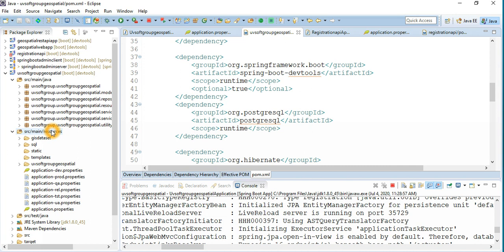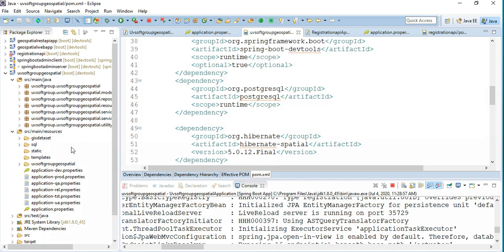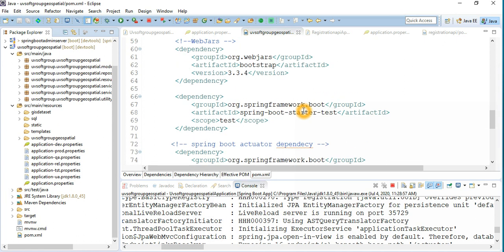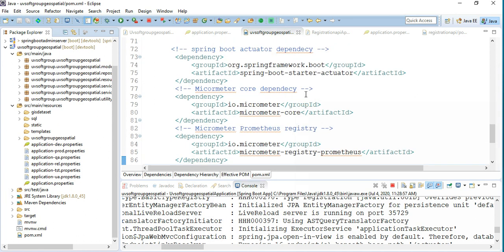Depending on your build tool, you can inject your dependency. If you see your pom.xml file, it is open here, and if you go down, you need the Spring Boot actuator. You see the Spring Boot actuator, and then Micrometer core. Micrometer core supports building your JVM monitoring, or JVM Micrometer information, and then you have